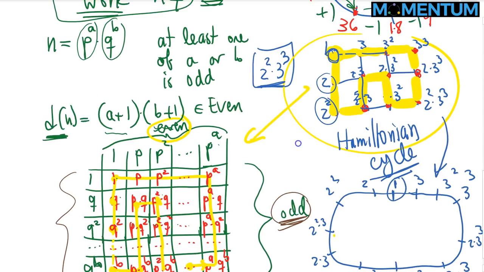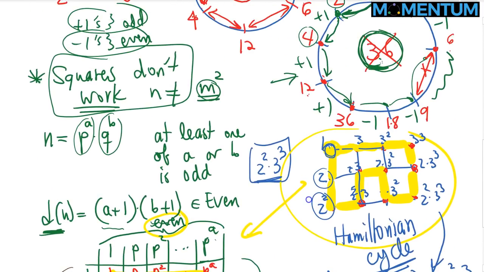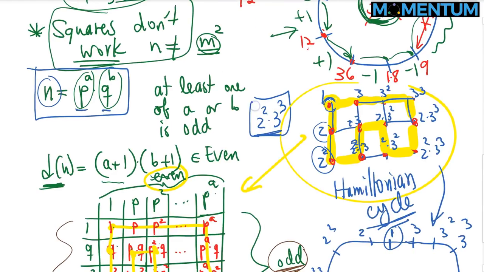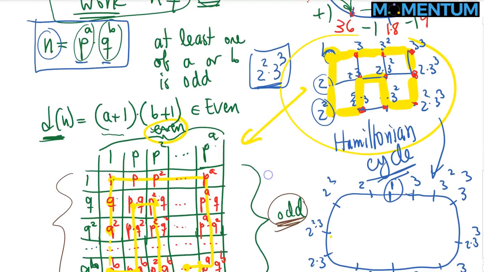No, not yet. Why not? Well, because we only proved it for numbers which have only 2 primes, and one of the primes has at least an odd exponent. What if we have 3 primes in the prime factorization of our number? How can we guarantee that this thing will work? So then in that case, it's as if we are trying to find a Hamiltonian cycle